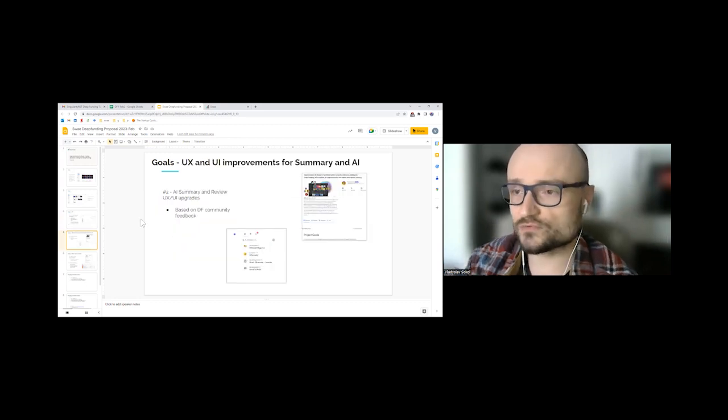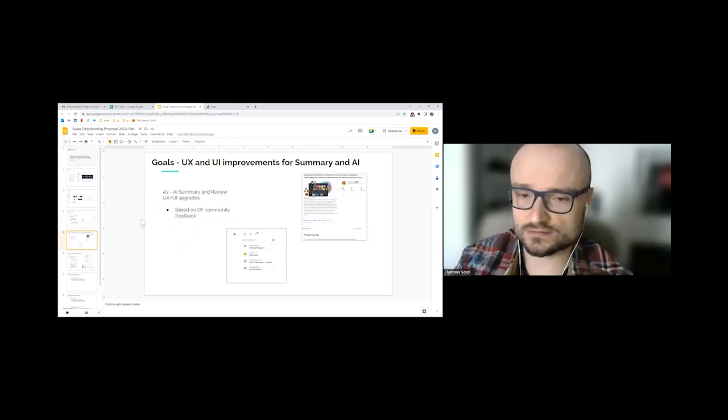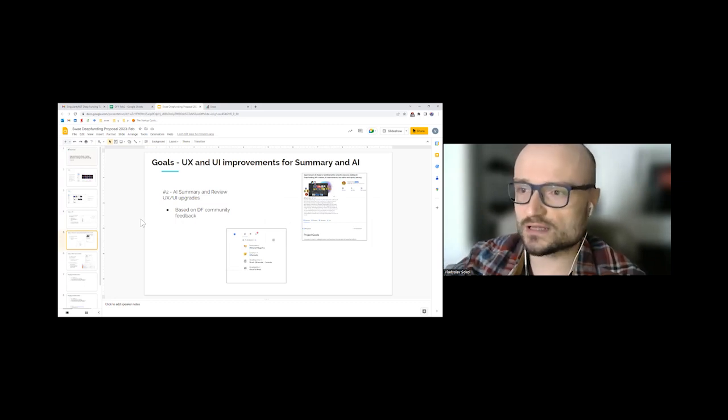Other things that we want to work on together with this are improvements. We received a lot of feedback from the Deep Funding community on UX and UI regarding various elements, especially the summary of the proposal, how it looks, where it connects. It's not clear sometimes for people how it's created, and that there's AI assistance and you can get rid of it if you don't want it and rewrite it. So all of this definitely needs work, and we would like to take this opportunity to improve it.